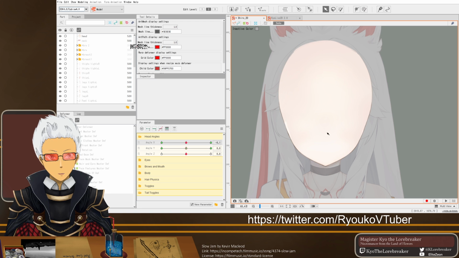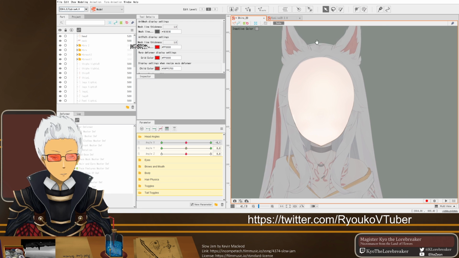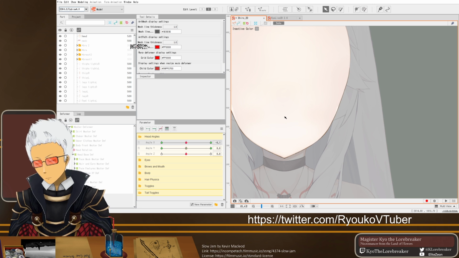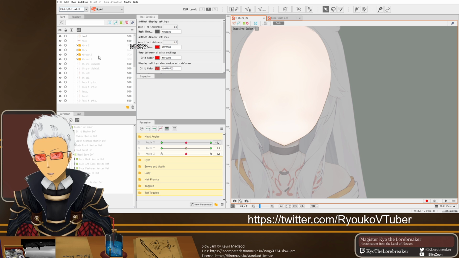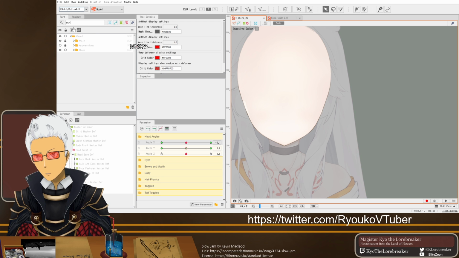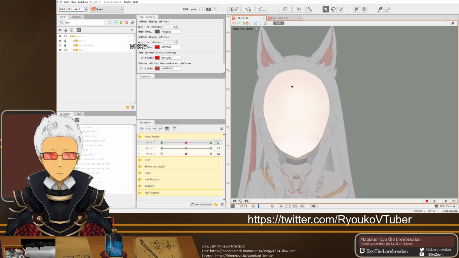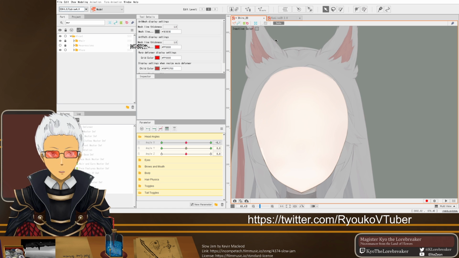What's great is I think Shiro only has 2 ears, being her fox ears, so I don't have to worry about rigging human ears. That said, I need to double check. Let me search it real quick. Does she only have 1 set of ears? Yeah, she only has fox ears. She's not like the other characters who have 4 or 5 more ears.